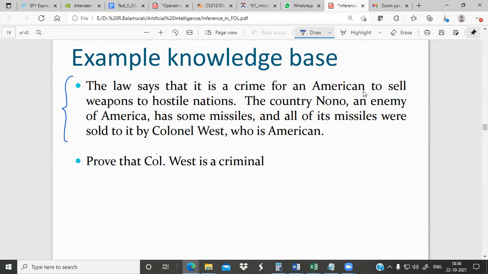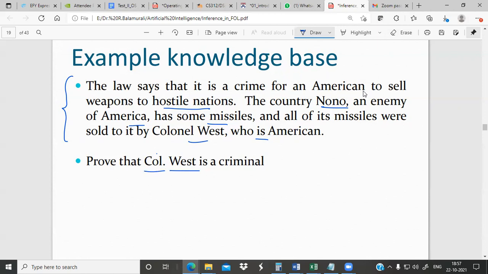The law says that it is a crime for an American to sell weapons to hostile nations. The country Nono, an enemy of America, has some missiles, and all of its missiles were sold to it by Colonel West, who is an American. And we have to prove that Colonel West is a criminal. So this is our objective. We'll be discussing how we can prove Colonel West is a criminal using forward chaining, backward chaining, and